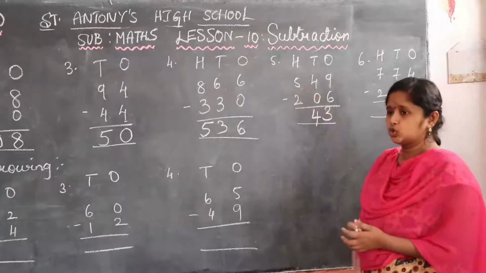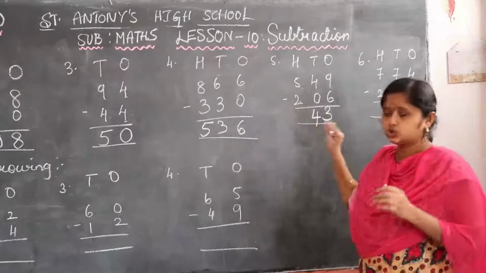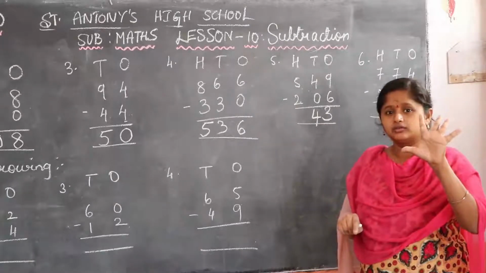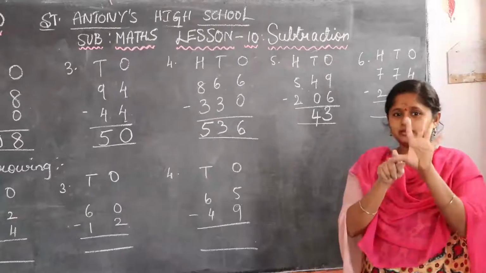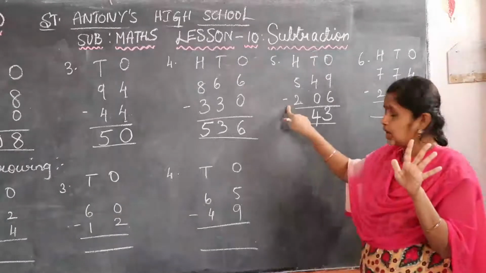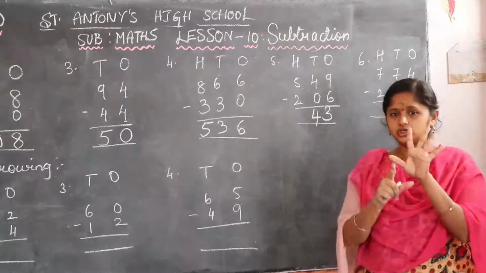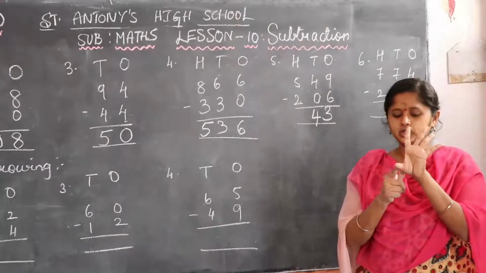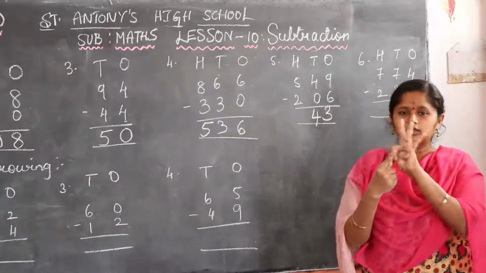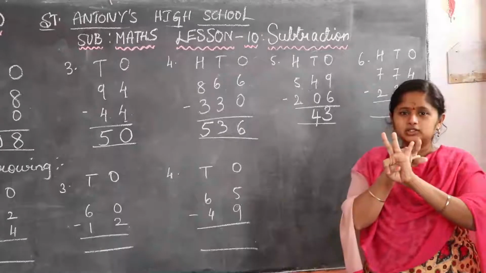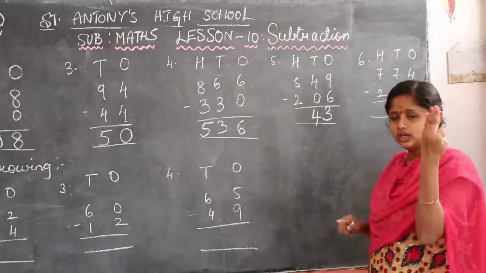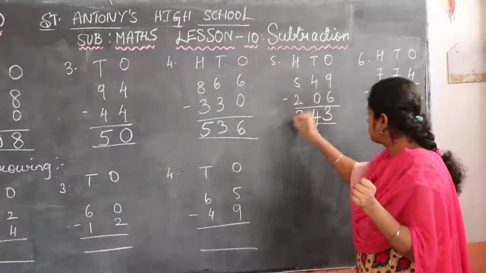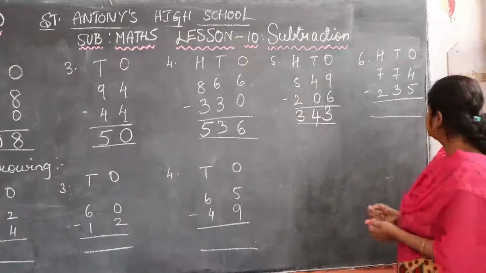5 minus 2. So 5, what do we say? 5 idlis are with you. What Mama says: at least you have to finish 2 idlis. So how much will you finish? 1, 2. 2 idlis we ate. Now how much is the balance, children? 1, 2, 3. 3 are balanced. So 3 idlis are left. Yes. Next.